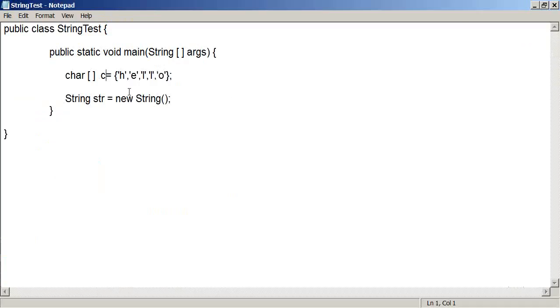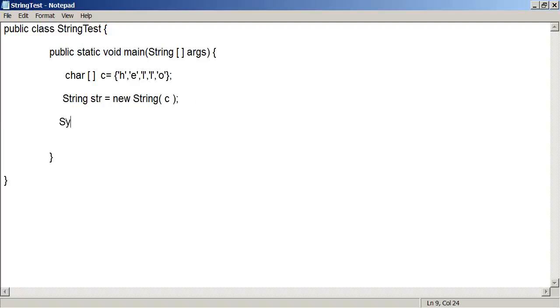I'm calling this constructor by using the new keyword, string, and I'm passing a character array to this. My character array is inside c. Now with this character array, it is going to create a string object. So I'm using one of the constructors there. There is a class, and I'm just checking what constructors are available, and I'm using one of them to create the string